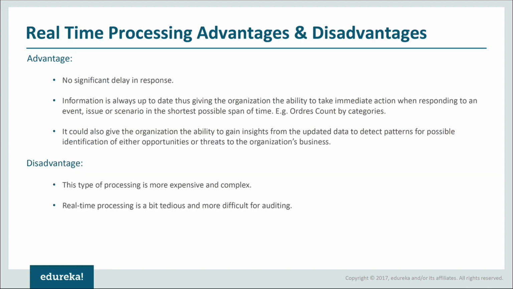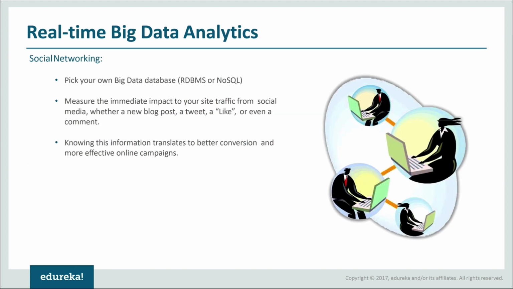Let's see what are real-time processing advantages. So the advantages: there's no delay in response. Of course, it is very, very useful in social networking. So how can you use this in social networking? Pick your own big database and then you can measure the immediate impact to your site traffic from any social